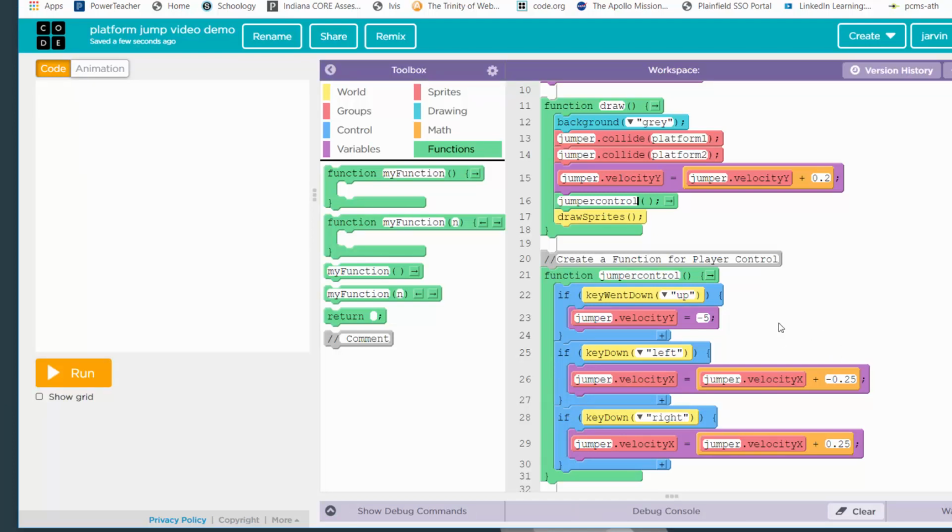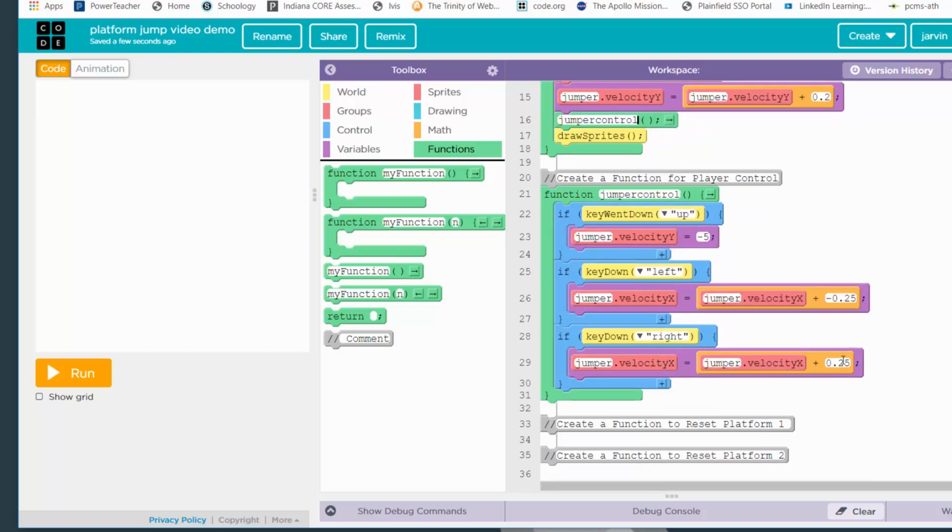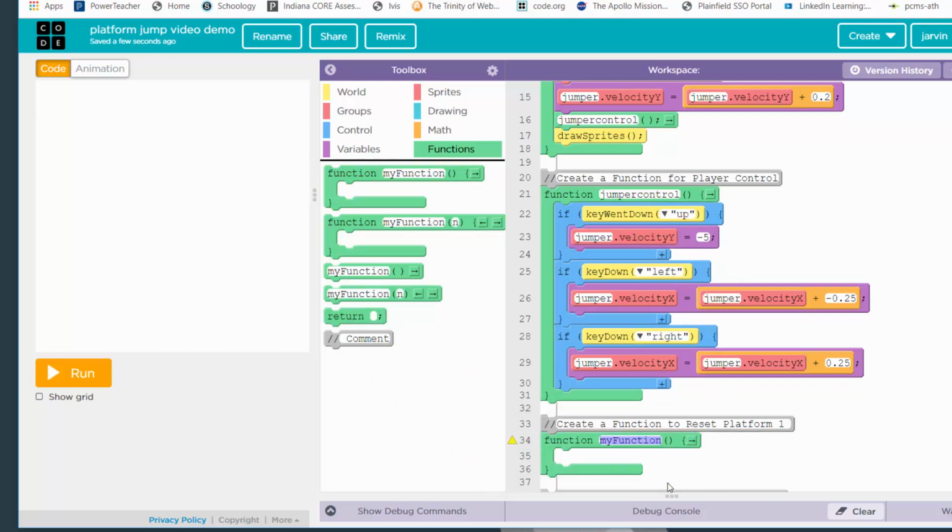All right, so jumper control is good. That's done. I made it. I called it. It's working. All right. Now, there's a time saver coming up here. This will speed up for you. The next function that we're going to create, I put a comment at line 33, and I'm going to pop it in down here at line 34. I'll squeeze it in. I'm going to call this reset